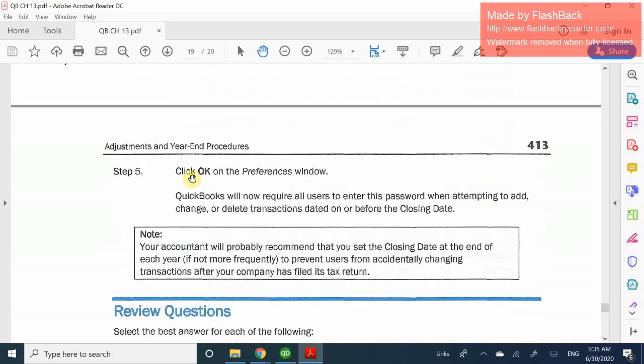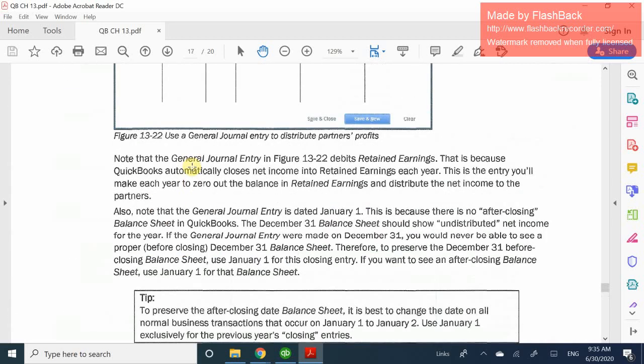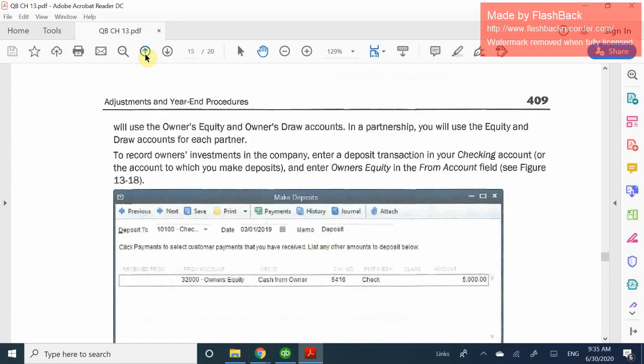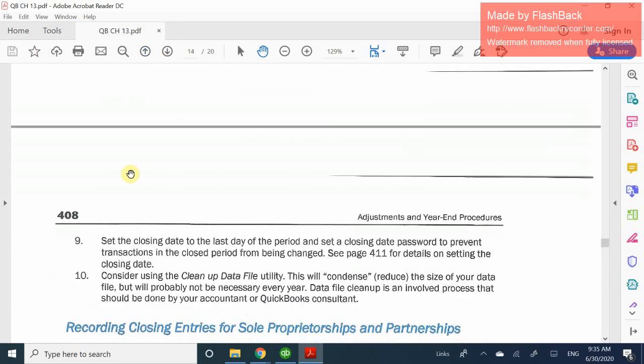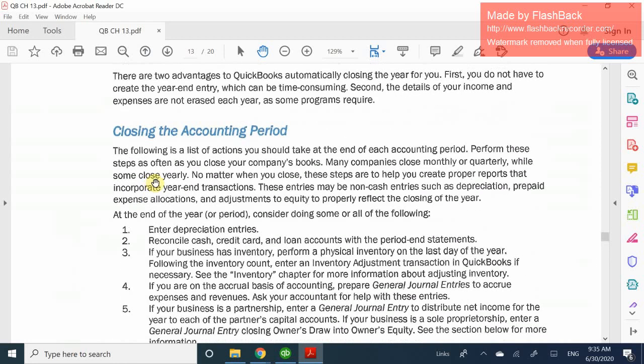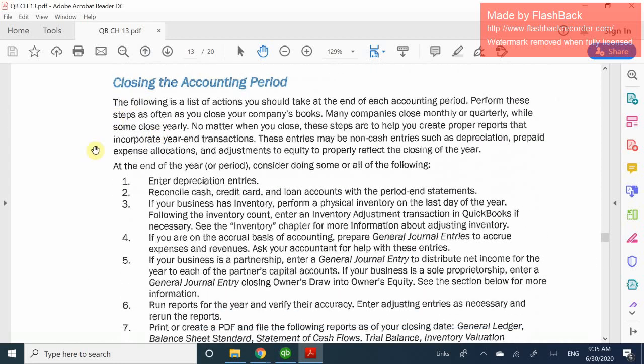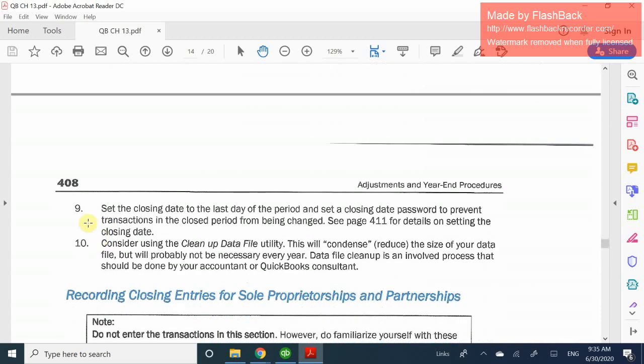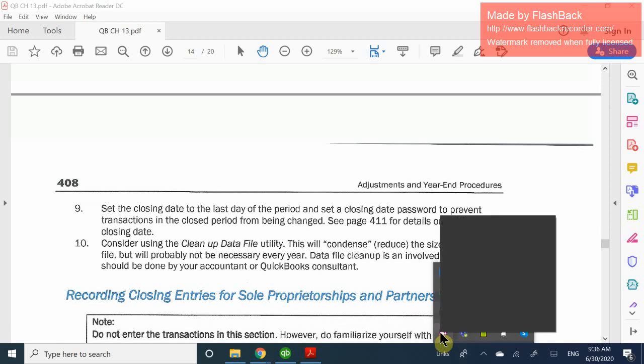So again, for the sake of this one, just make sure that you study those 10 steps. Let me find the page again. Here, pages 407 to 408 sum up what you need to do in order to close out your books. And then lastly, when you're completely done with all your transactions, that's when you can choose the closing date. So it locks the file and that's it. You're done completely. Okay. All right, so right now it is